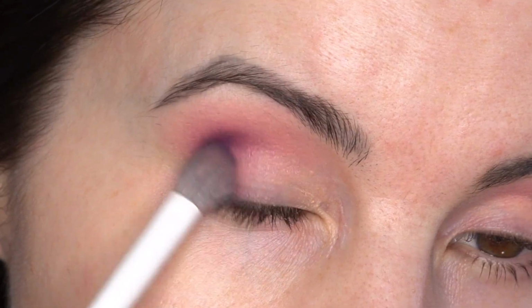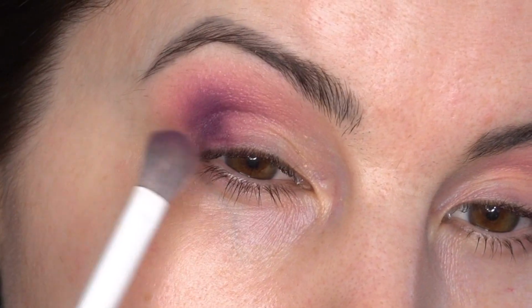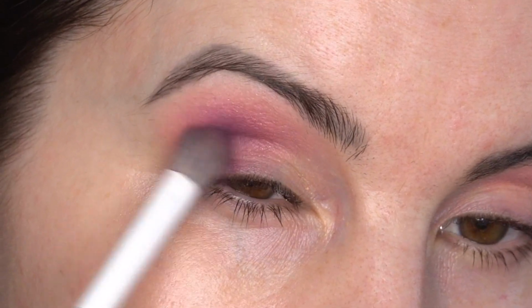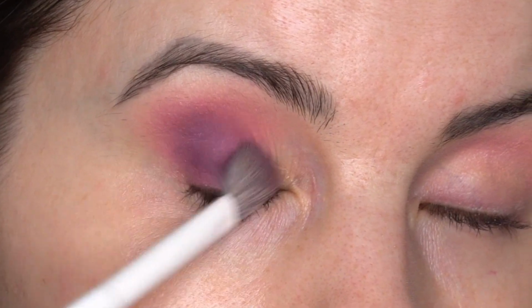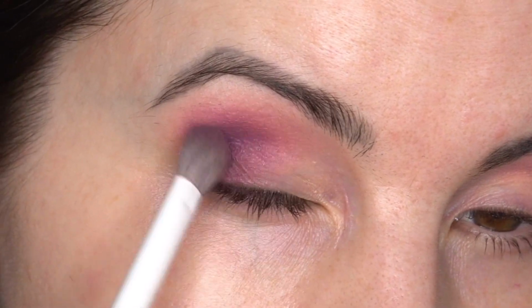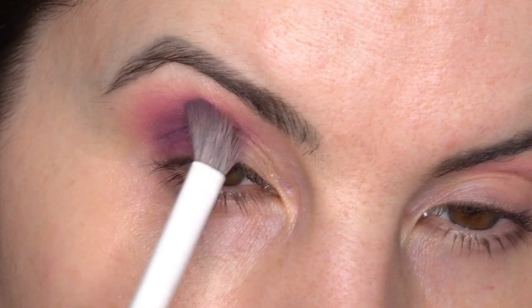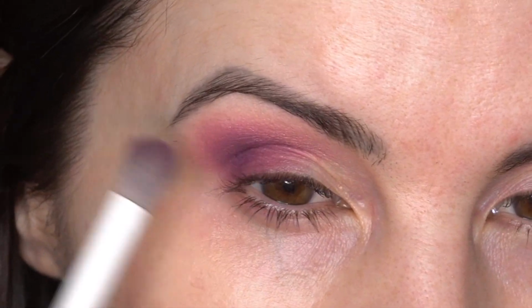I feel like the shade matches my shirt perfectly. It's such a beautiful plum burgundy shade. I love shades like this for fall and winter. So I'm just slowly adding and building the intensity of that color. Usually when I work with a darker shade like this, I just like to go in little by little and build it up, because with the darker shade, it's easier to build it up than it is to try